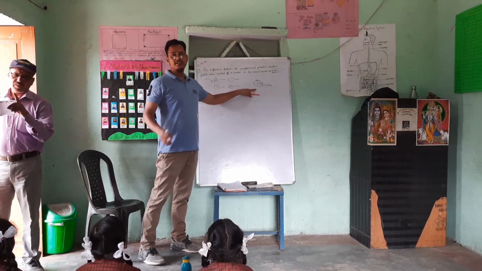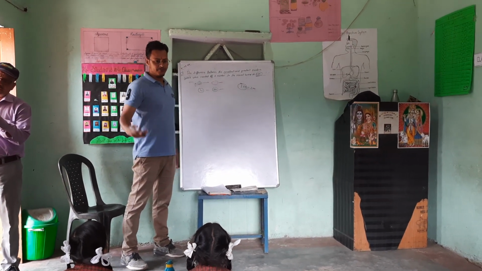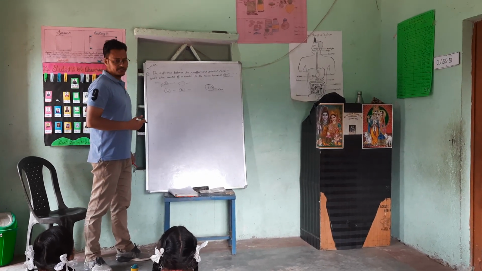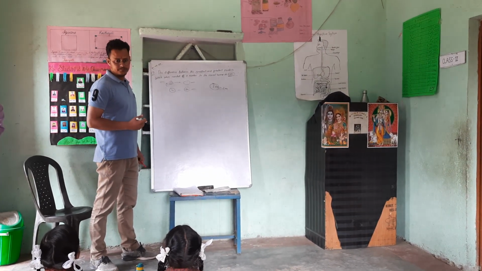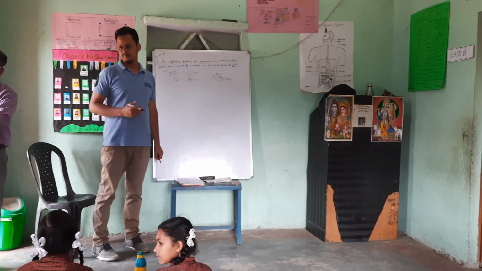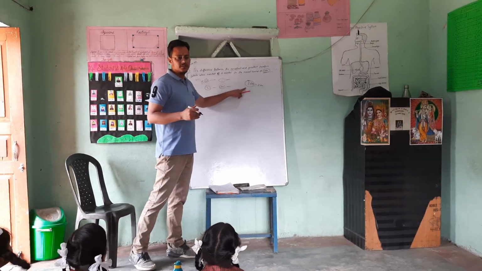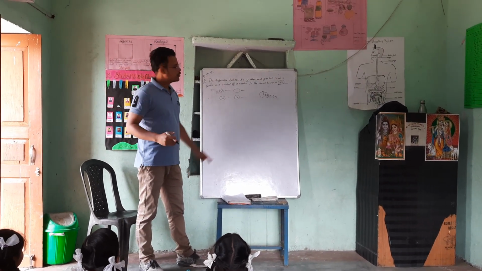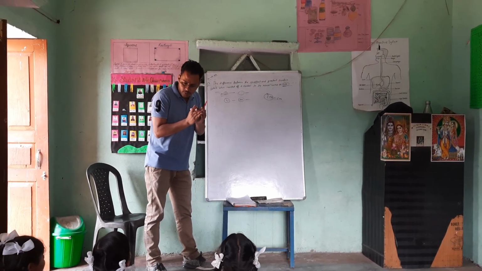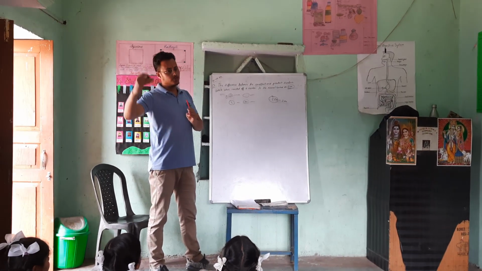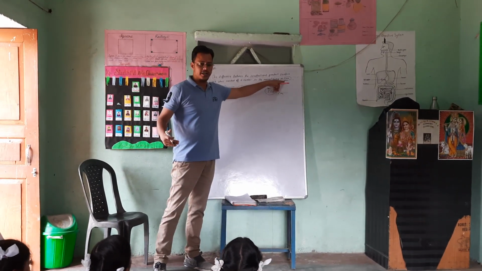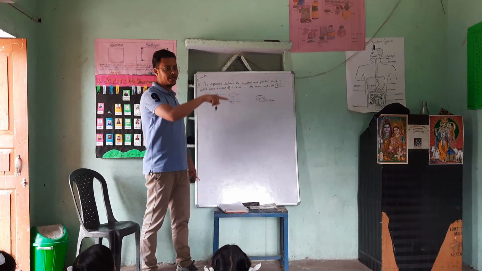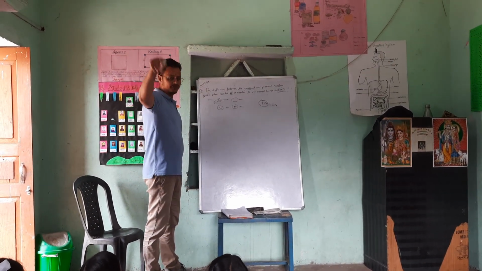Now 150, then 151, 152, 153. This way we will check all the numbers. Okay dear? Just pause the video. This is the least number. Now we have to find out the greatest number. So we will now move from 150. Because we need 200 as the nearest hundred, we will check 201, 202.